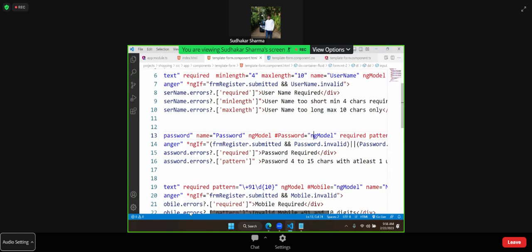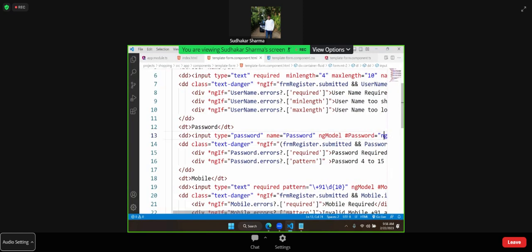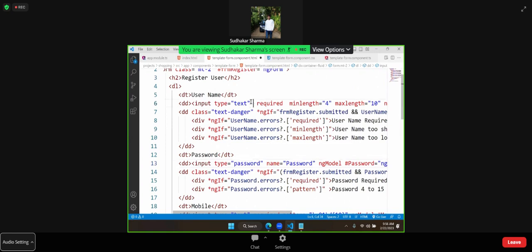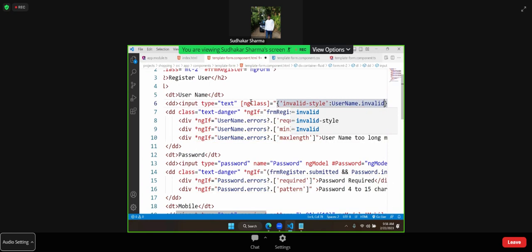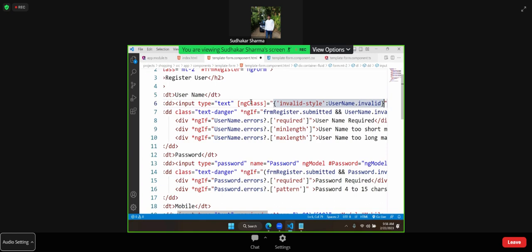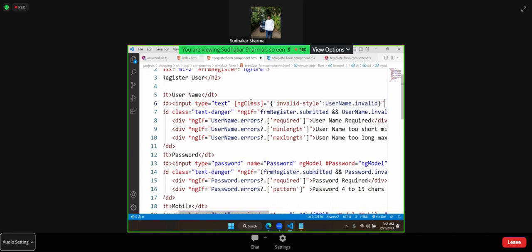Generally what we have to do is write ngClass, and in that we need to write an object. In that, it is the invalid style. When do we apply this invalid style? When username dot what? Invalid. Like this you have to write. Similarly, the valid style. But what is the specialty of Angular is that without writing this